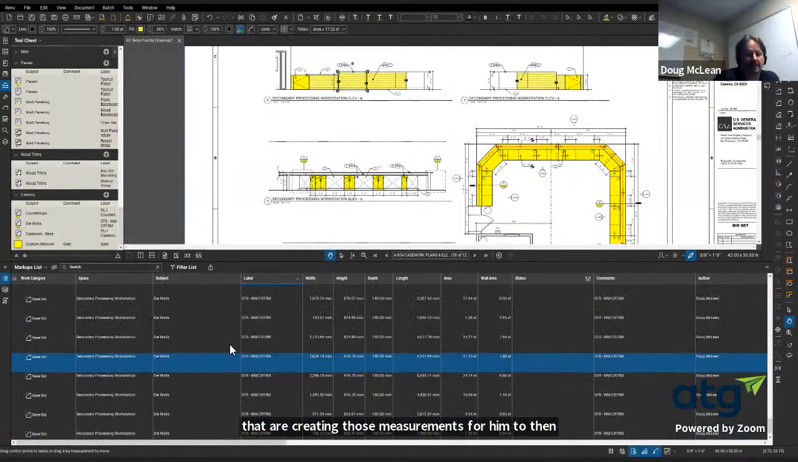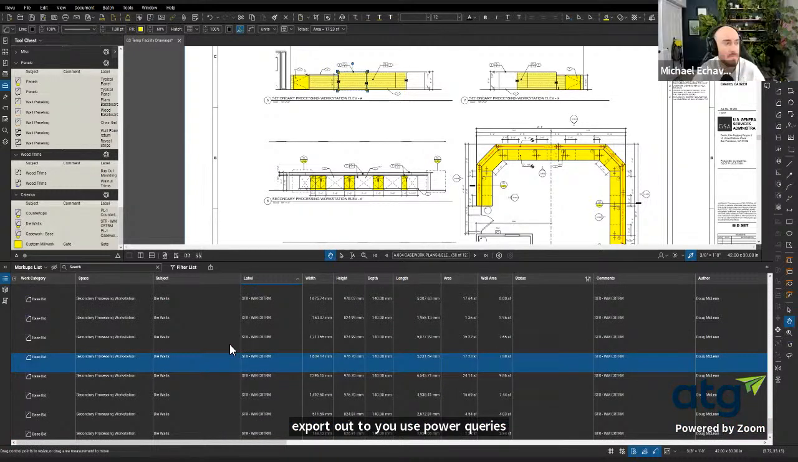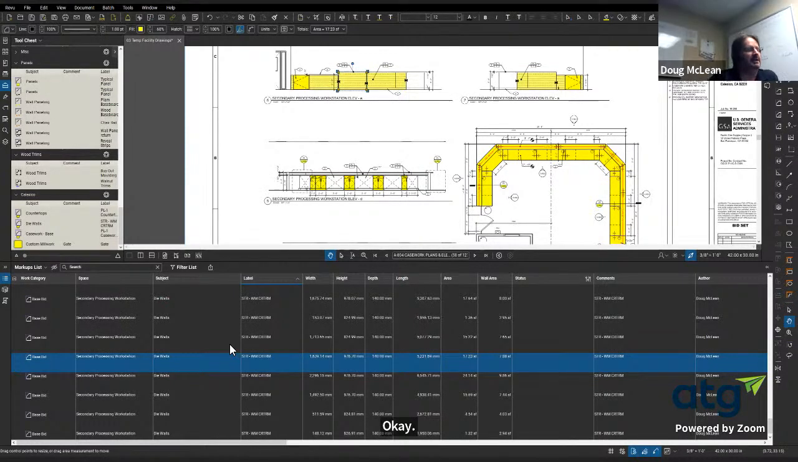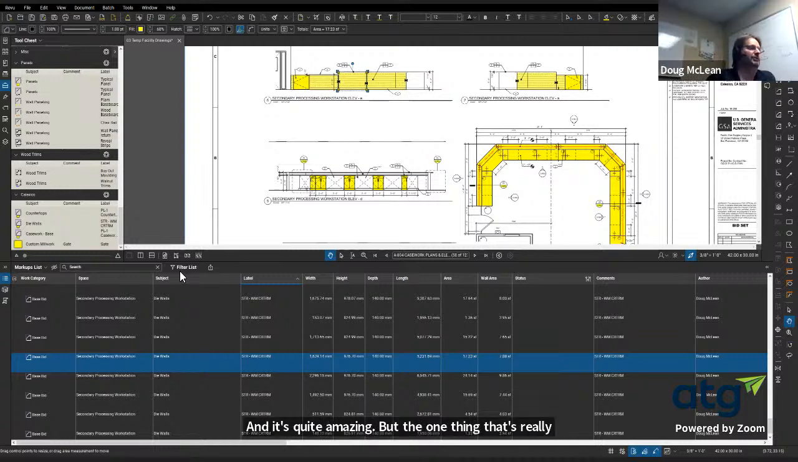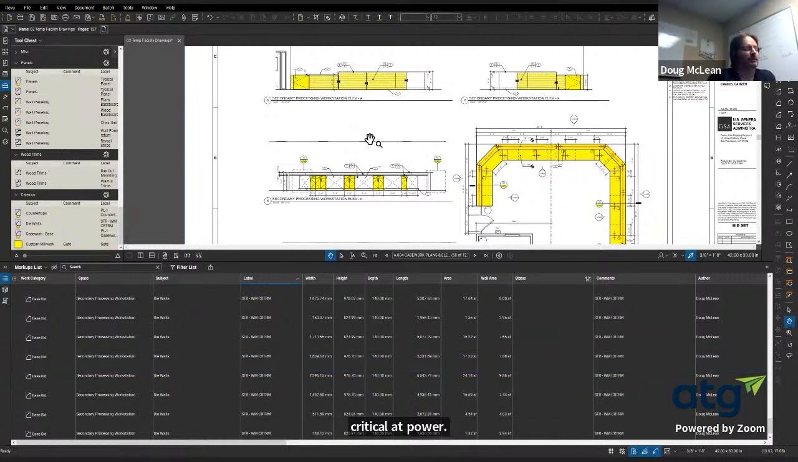Yeah. Okay. So the first thing, I'll let Vince do the Power Query. He's really good at it, and it's quite amazing. But the one thing that's really critical is that Power Query likes consistency. You can make it dynamic, it just takes a lot of extra work. So one of the really big things you should do if you're going to be exporting your markups,